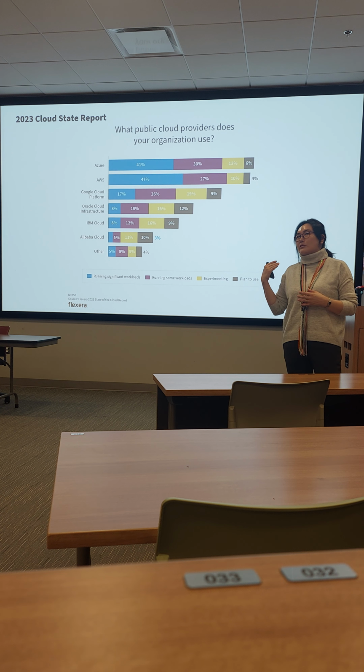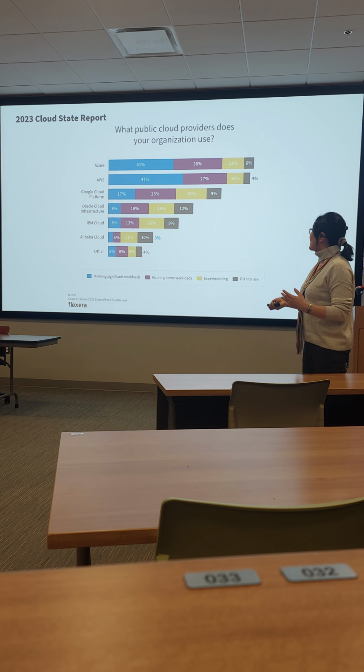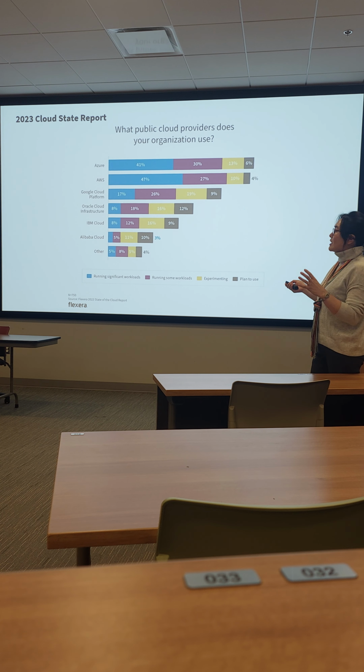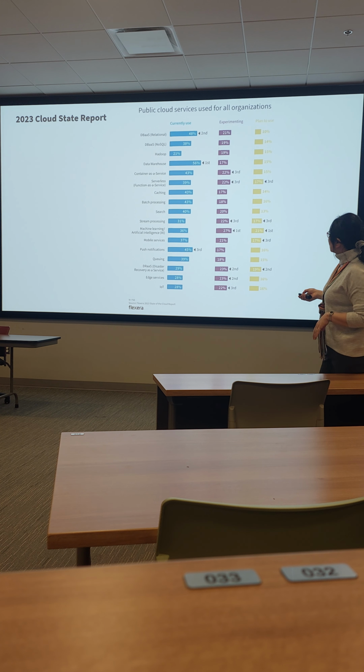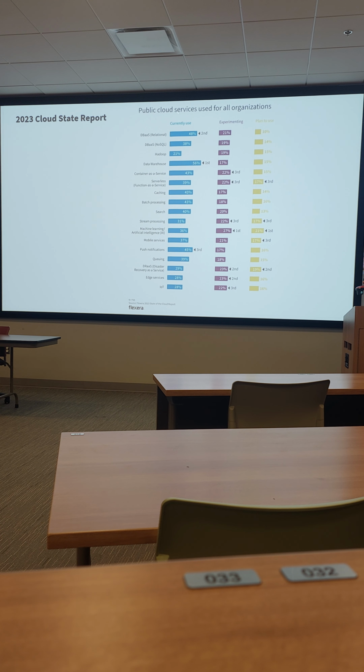I think I put 21, 22, 23. Let me double check. You can see how it has changed over time, but at least in terms of 2023 U.S. enterprises, that's what they say. Oracle, IBM, Alibaba, and